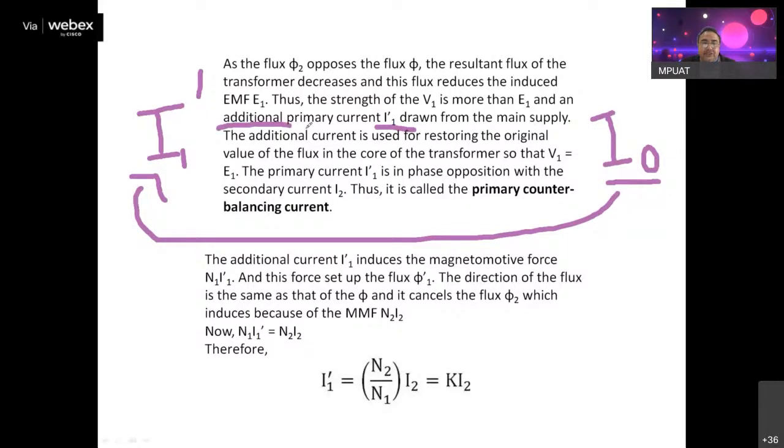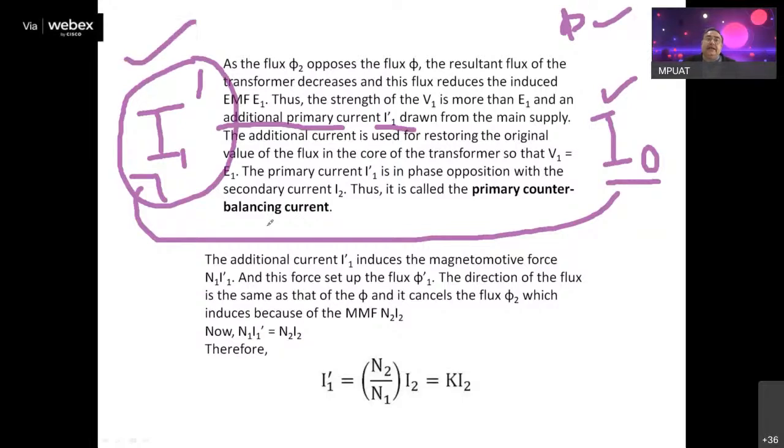In additional, मैंने क्या लिखा है? Additional primary current. Additional means पहले से कुछ ज्यादा एक करंट फ्लो कर गया और उस एडिशनल करंट को हमने नाम दिया I1 डैश। तो अब जो प्राइमरी में करंट फ्लो हो रहा है, एक तो नो लोड करंट फ्लो हो रहा ही है, क्योंकि वो नो लोड करंट फाई बनाने में मदद कर रहा है, और उस फाई को कम कौन कर रहा था? phi2। तो उस phi2 को अपोज करने के लिए एक नया एडिशनल करंट उसने सोर्स से ड्रॉ किया जिसका नाम है I1 डैश। प्राइमरी करंट I1 डैश।